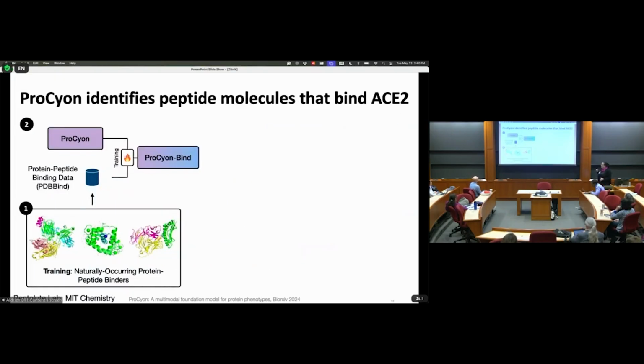So in one biological application, we were interested in identifying peptide molecules. Think of them as very short proteins, roughly 20 to 50 amino acids long. And we wanted to identify those peptides that would likely bind a specific target of interest, which in our case was the ACE2 enzyme. And so we asked Procyon if it can identify peptides that likely would bind the ACE2 enzyme. And so after fine-tuning Procyon further to develop Procyon-Binds, that can predict and identify peptides that are predicted to likely bind to ACE2,